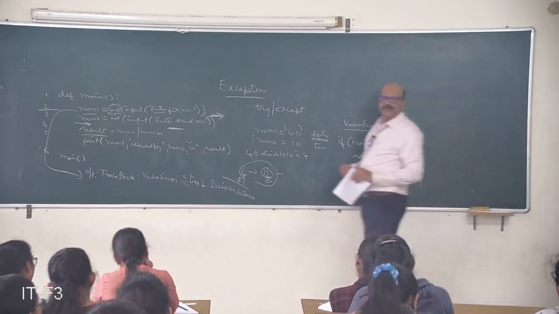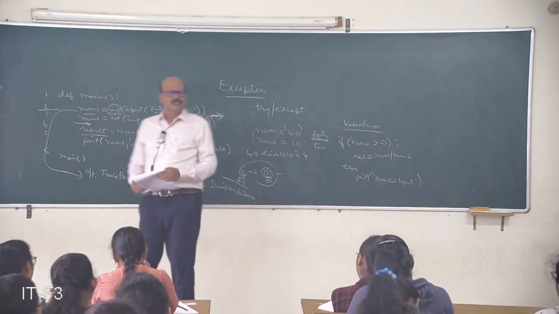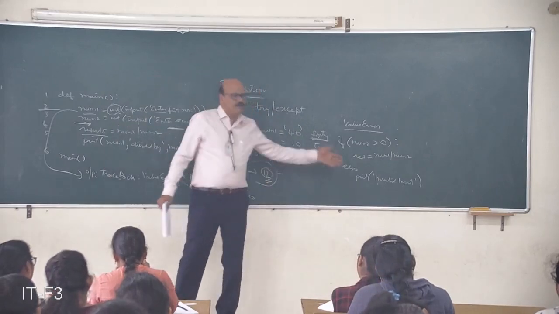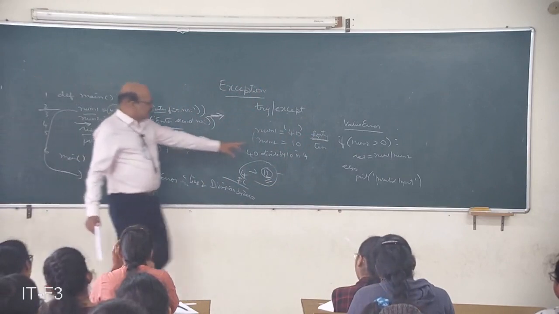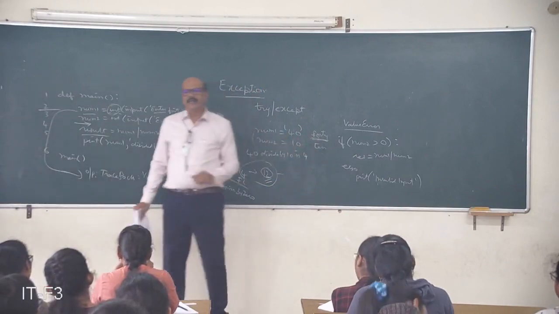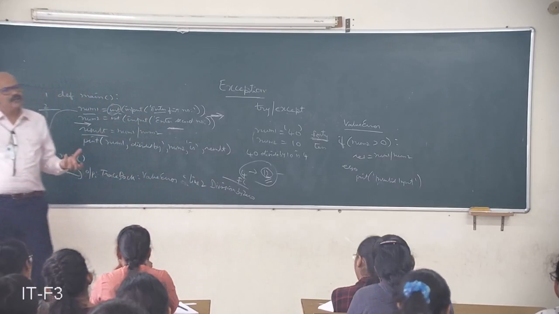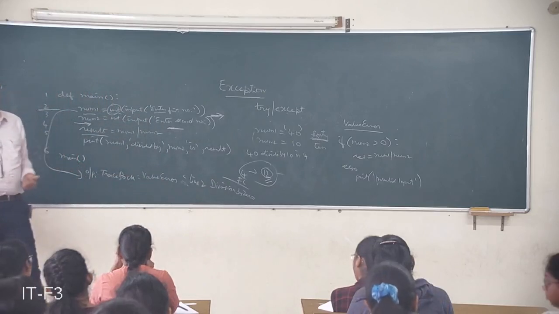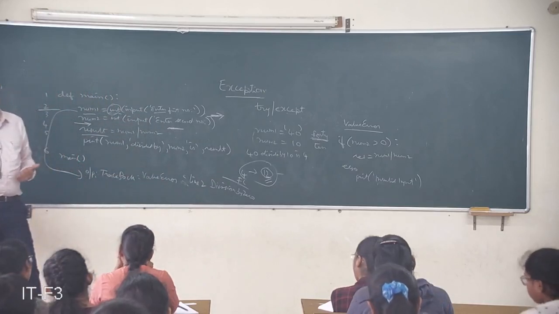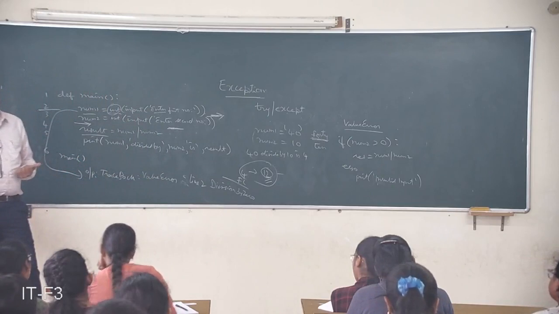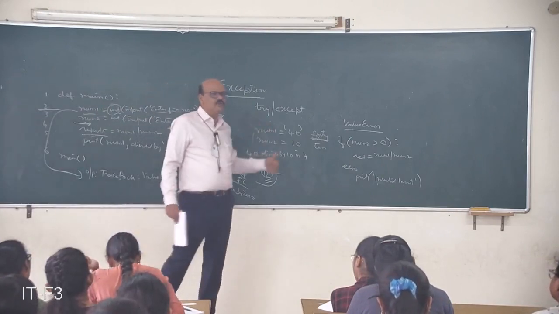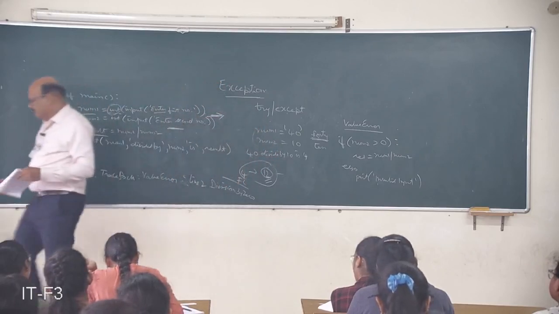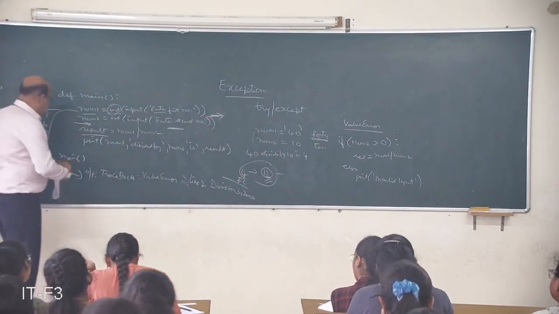So you just display it as invalid input. By doing so, you can avoid division by 0. But this type of erroneous input given by the user, you cannot avoid by using a normal conditional statement. Value error type of errors you cannot avoid. So you have to invariably use exceptions. How to use exceptions, we will see.